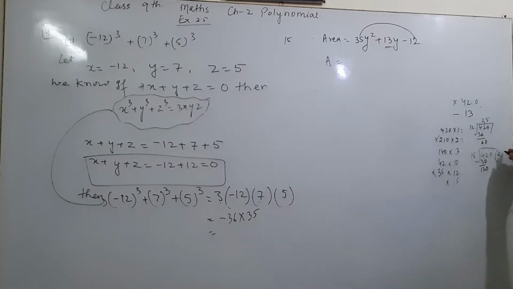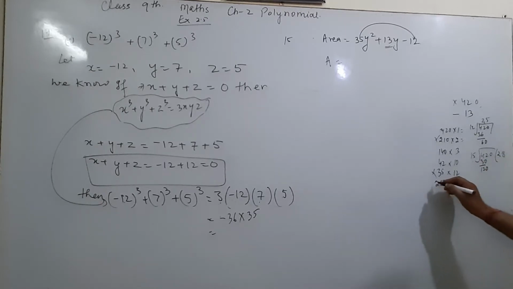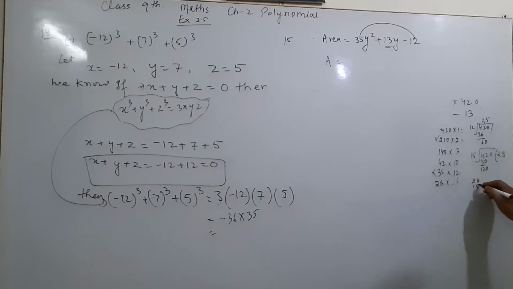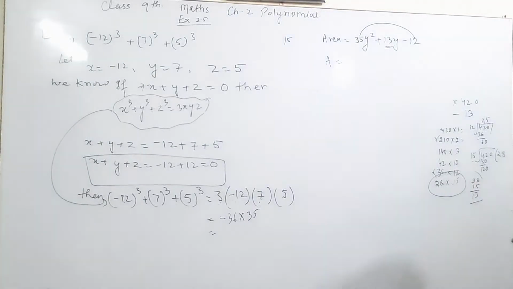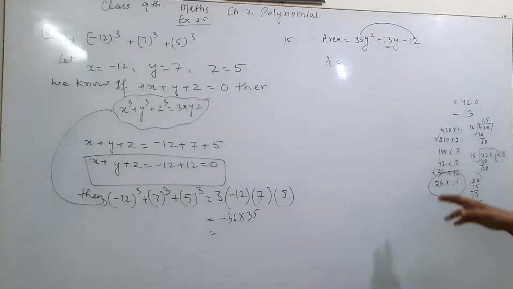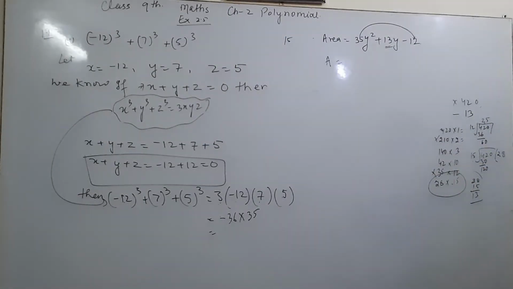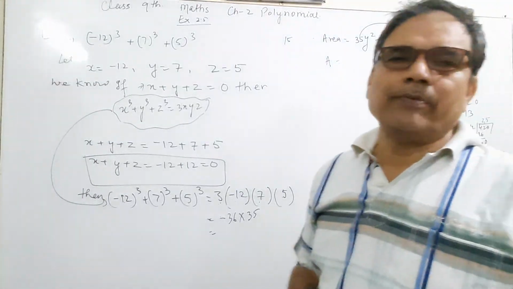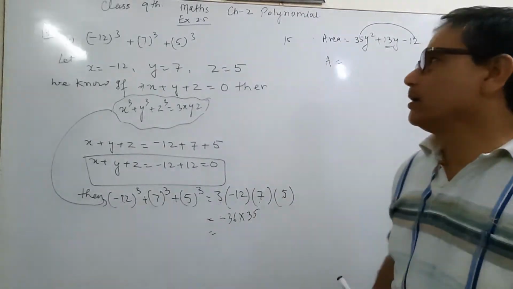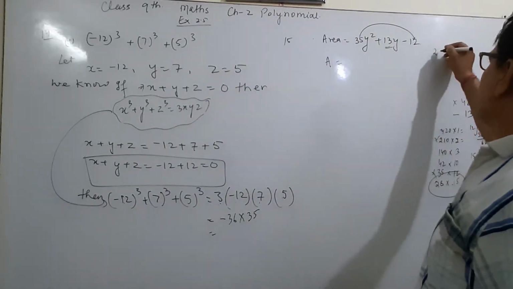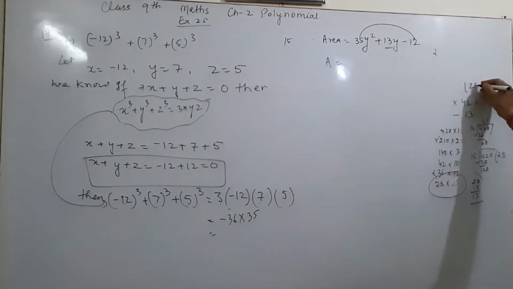And then 8, 28, 28 minus 15, 3 and 1, yes, 28 and 15. If you have practiced, then you can easily find out. Otherwise, you have to make this table, factor table. It means 28 and 15 are the two numbers. It means one is 28, another is 15.